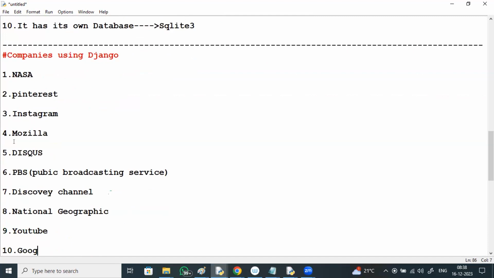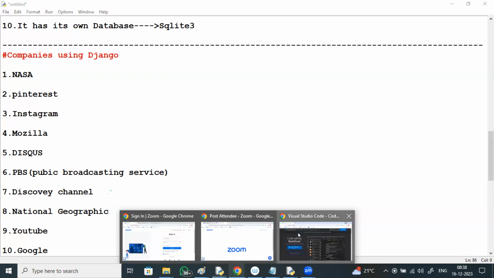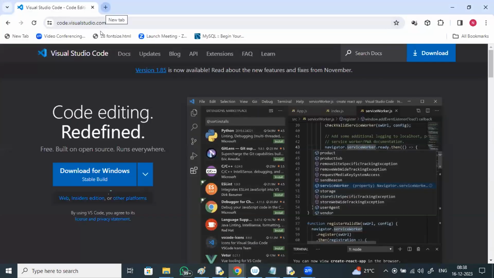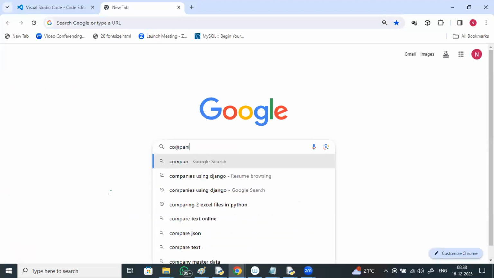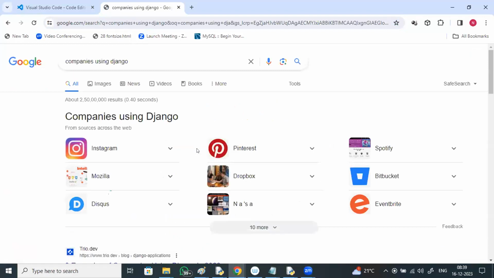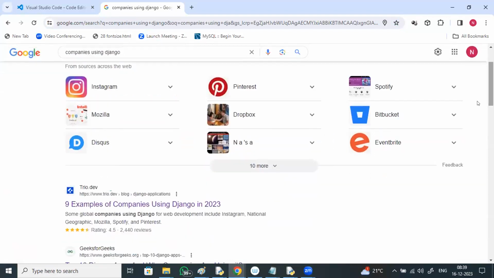If you just type into Google, companies using Django, you see Instagram, Mozilla, Disqus, NASA, Dropbox, Pinterest, Spotify, Bitbucket, Eventbrite, and 10 more.